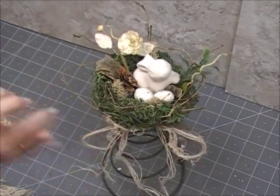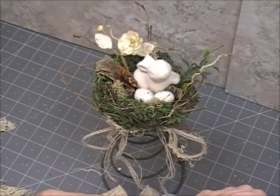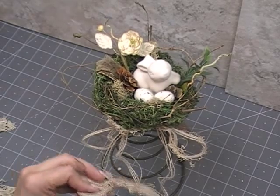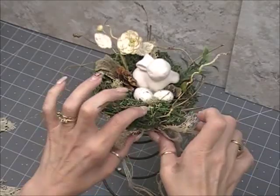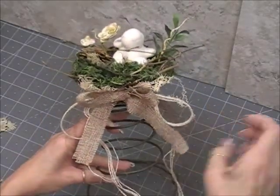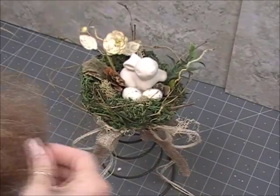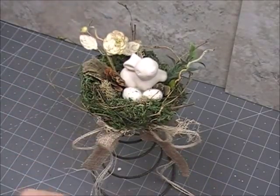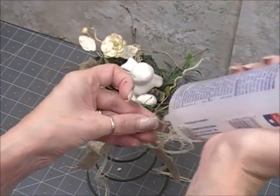And then we're going to get our little burlap bow right on underneath here. And don't worry, I'll flip this up in a minute so you can see what we've got going on here. There we go. Looking cute, looking cute. I'm going to add in a little more sisal on the front because I just love how it all sticks out. Like I said, I was thinking it earlier, it looks like the texture of